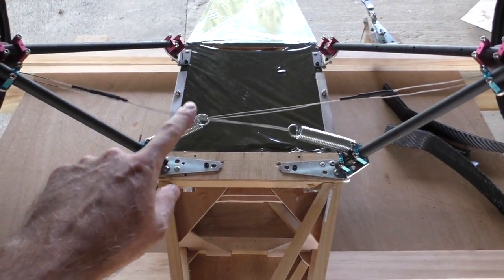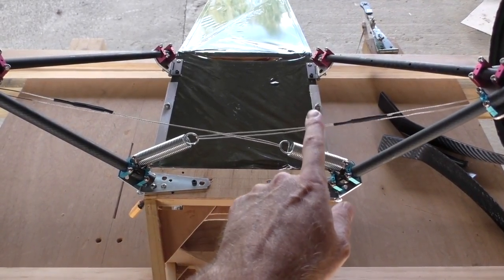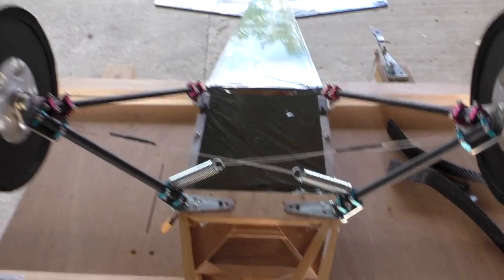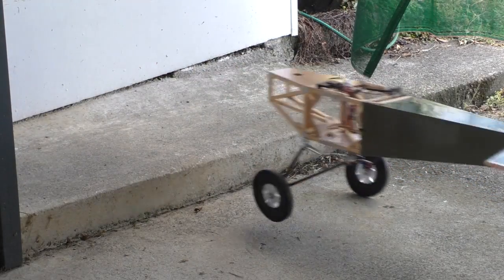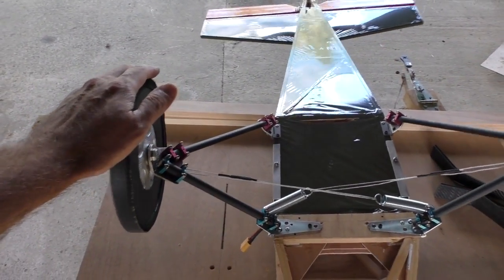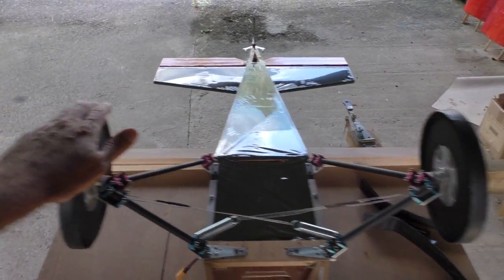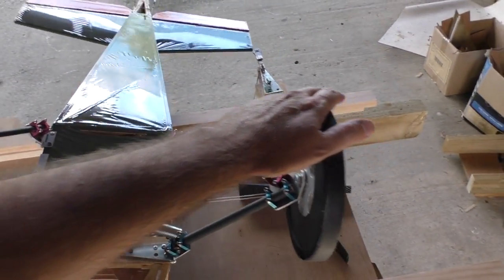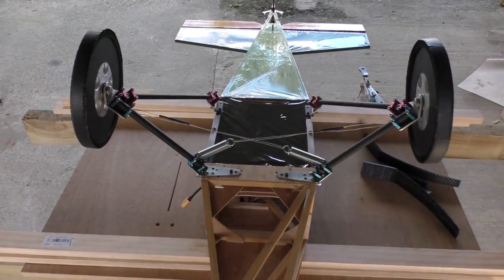It was much easier to set up, and could do with a bit more there, but it seems to be working okay. I was just rolling it around on the lawn and bouncing up and down this little concrete step there, and it seems to be quite nice, and it takes a lot more than 1 kilo of force. See how much more rigid that is than how I had it before. But I have yet to put the wings on and see what it performs like with the full weight,